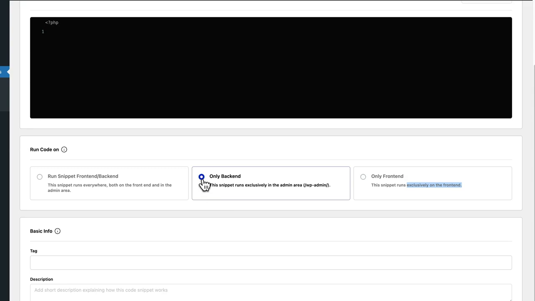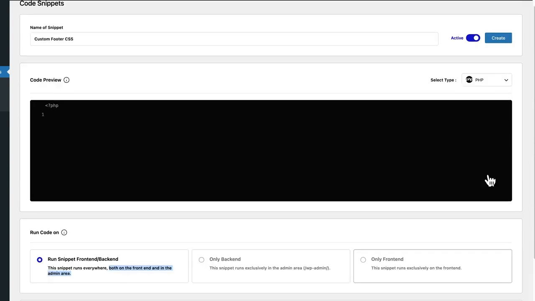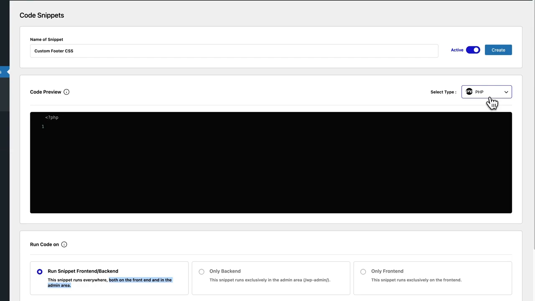Now, choosing this option runs your PHP in the WordPress admin area, affecting the dashboard and other administrative sections. And if you want your PHP code to run on both the public-facing site and the admin area, this is the option you should be going for. Now, this flexibility allows you to tailor where your PHP code impacts your site, ensuring it runs exactly where it's needed. Now, moving ahead to CSS and JavaScript snippets, by default they're gonna run on the front end only, because